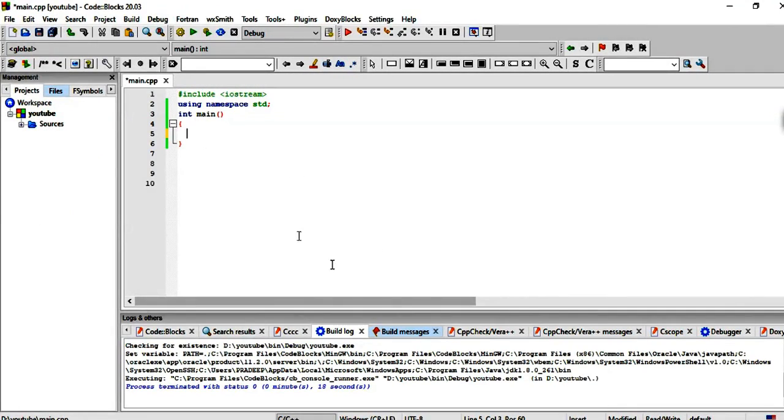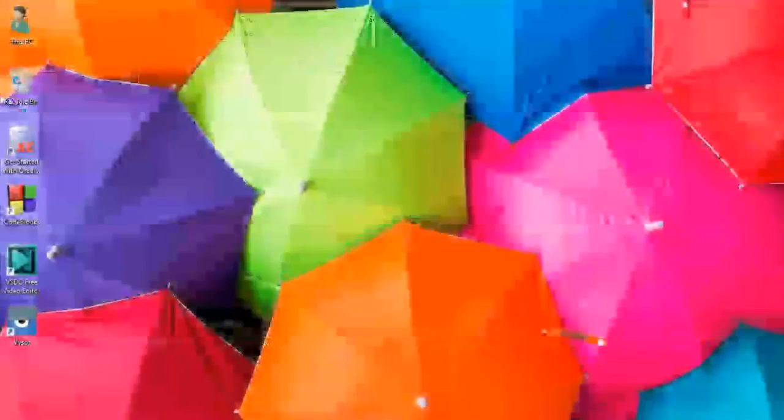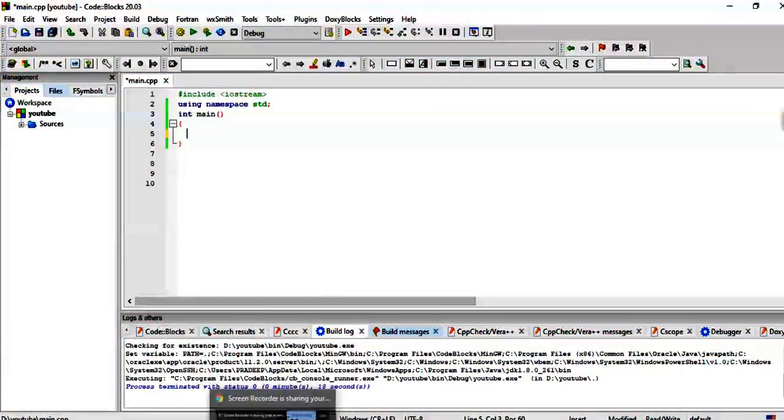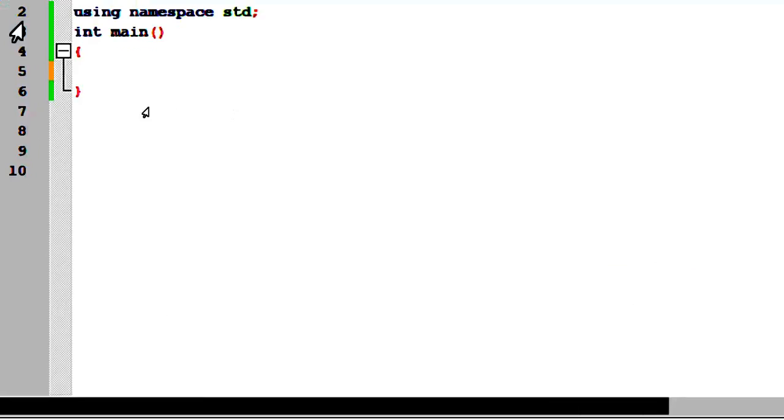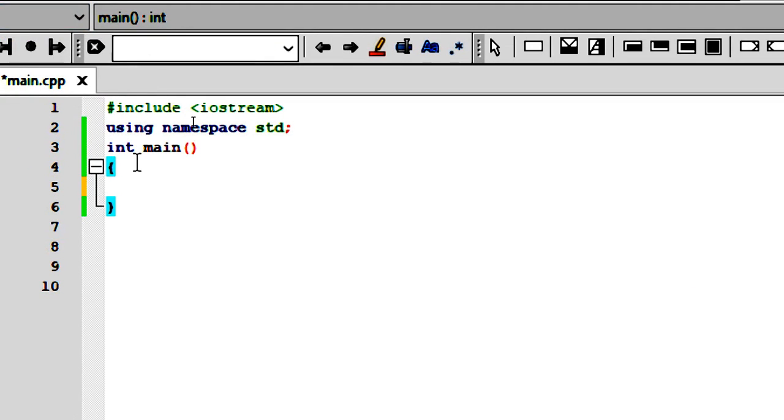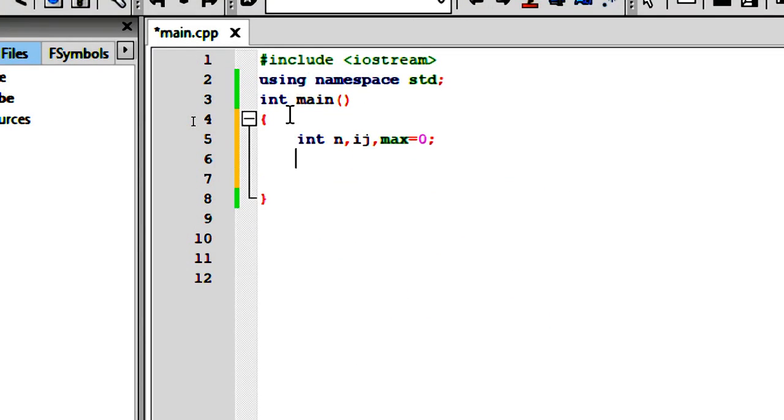So I just open my coding area and let's write the code. Max 0. Here, just forget the comma.